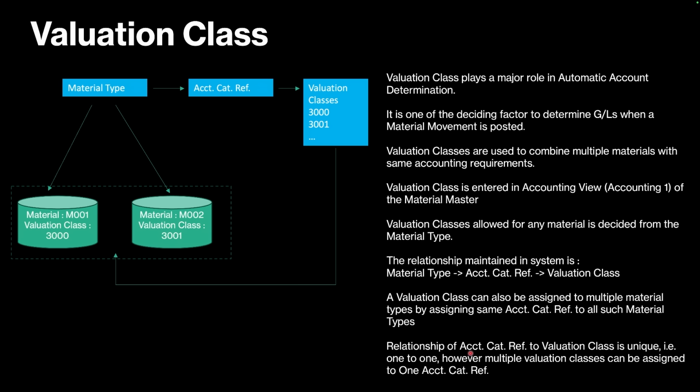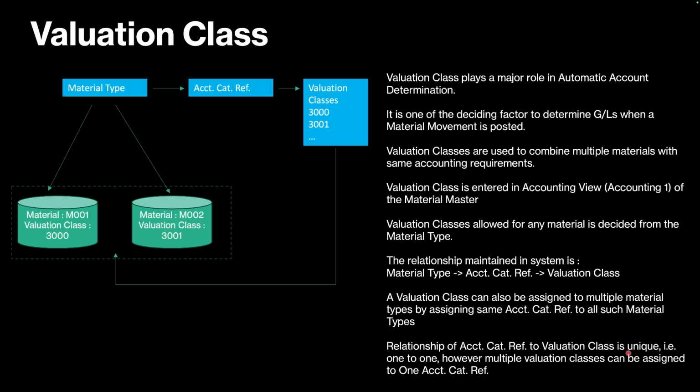But the relationship of account category reference to valuation class is unique. That is, under a particular account category reference, if you have assigned a valuation class, then you cannot assign that particular valuation class to another account category reference. So you have a one-to-one combination between valuation class and account category reference. But under a particular account category reference, you can have multiple valuation classes. But each valuation class will be assigned to one and only one account category reference. Okay, so in this way we have seen how valuation classes are assigned to the material master,